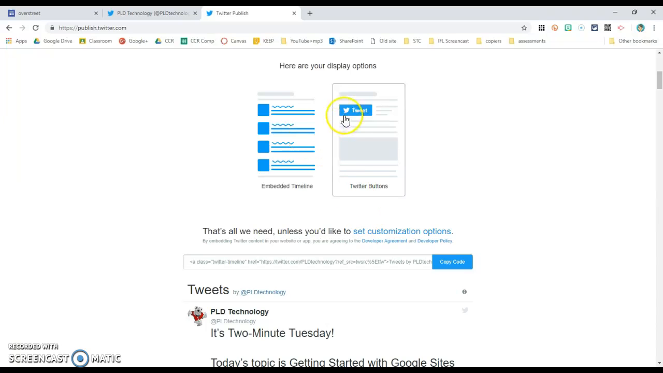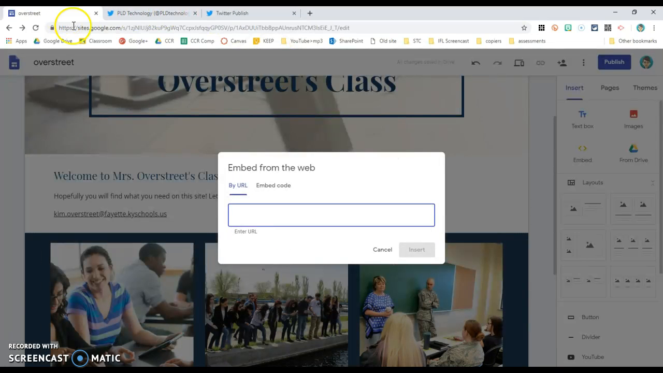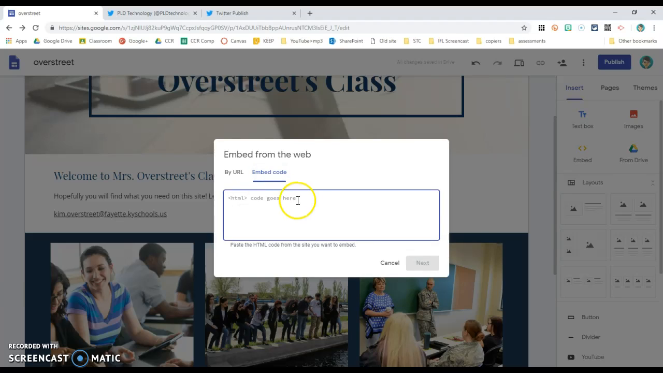And then here are your options. Do you want a Twitter button where someone can tweet out, or do you just want the embed timeline? I want this timeline. So when I get that and I choose that, it's going to give me some embed code. I copy this embed code and then I go back to my website and select embed code and paste